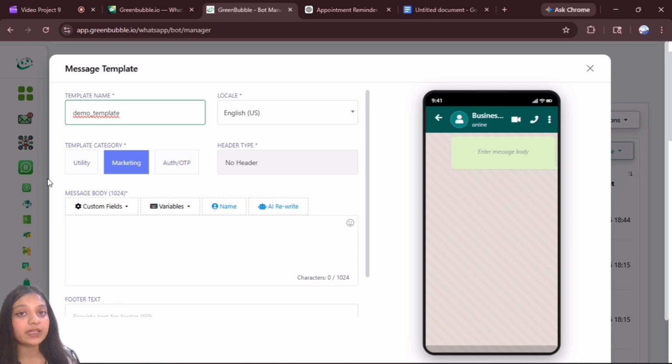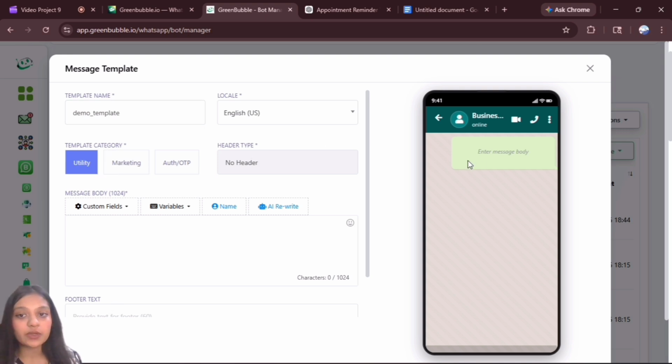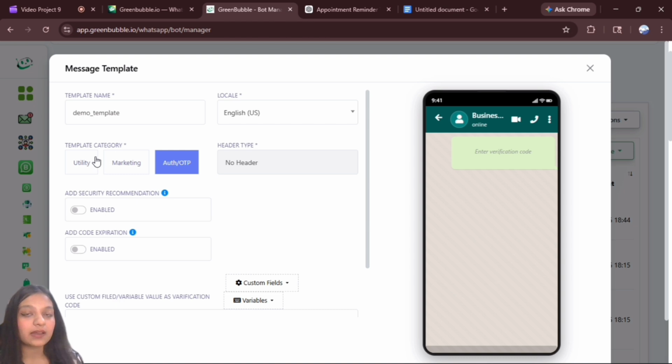So basically here in the template category, we get three options. This is the important part. If you select utility, then you create a template for general messaging, just a message. As you can see on the left side of the screen, it only sends a message. It may not promote your product or service. So the costing for utility templates is much lesser. When we move to marketing, when you do marketing of a product using templates, the costs are higher than the utility ones, and the OTP ones have another different feature of their own and different settings. So today let's talk about marketing.